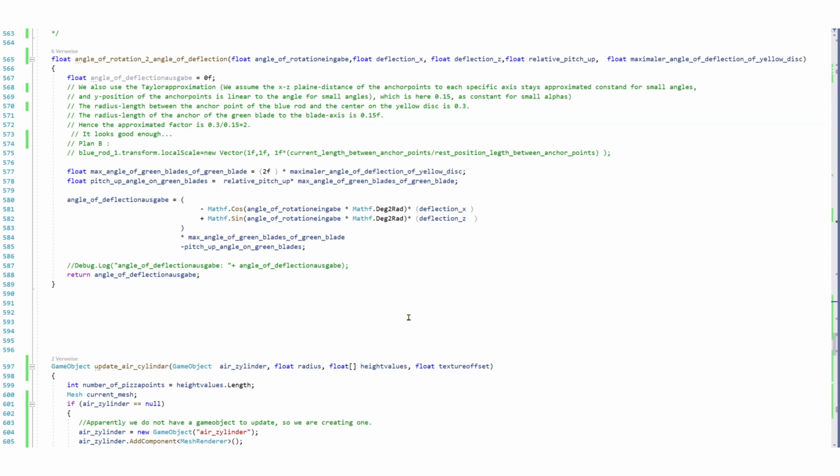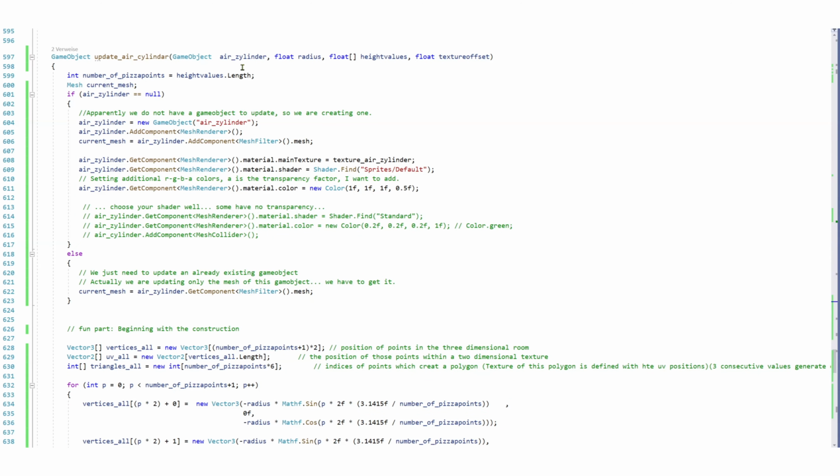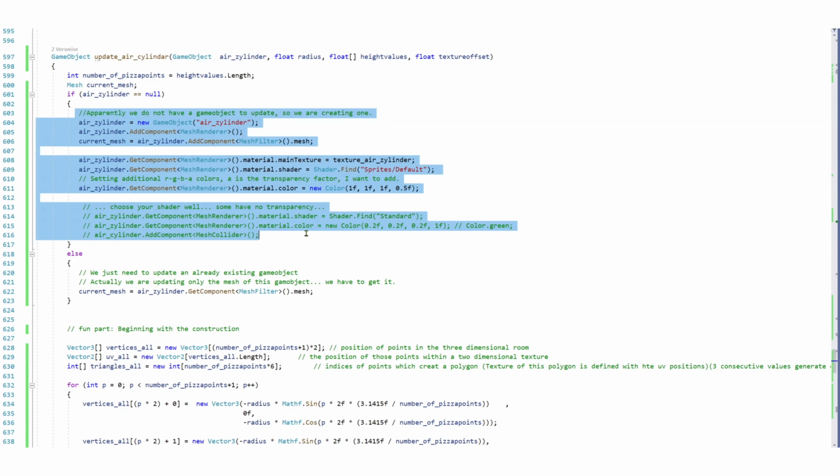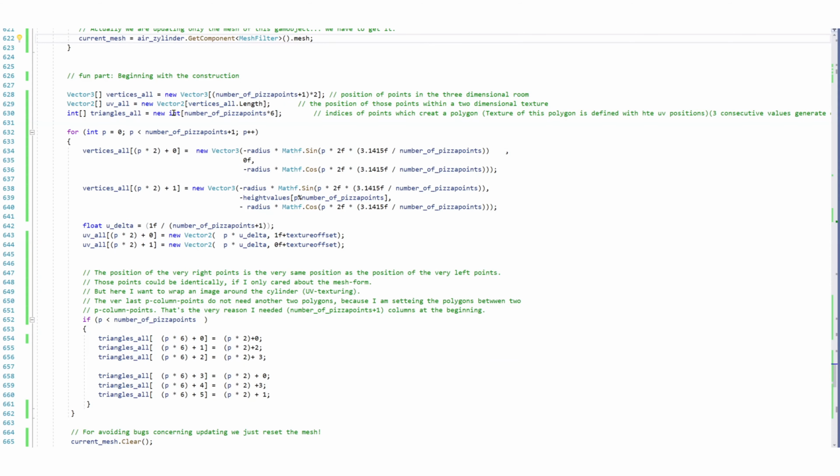This function was seen in the last video, and what's new here is the update air cylinder function. If we do not have a game object, we are creating it, and if it already exists, we are just getting the current mesh, which we want to update here.